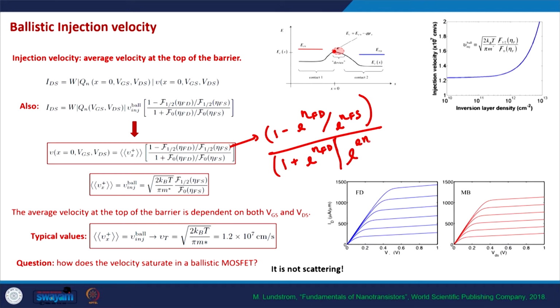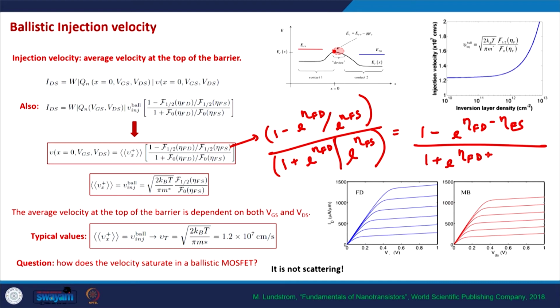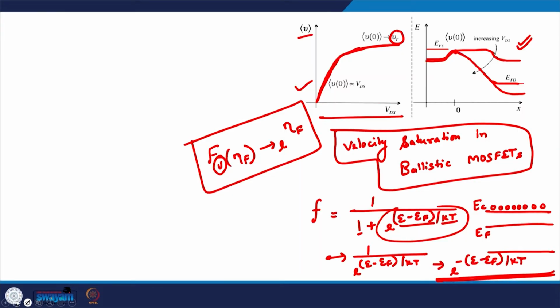exponential eta f s. So this becomes 1 minus exponential eta f d minus eta f s divided by 1 plus exponential eta f d minus eta f s. So this actually simplifies too. As you are aware, eta f s minus eta f d is minus q v d s by kt. So this simplifies to